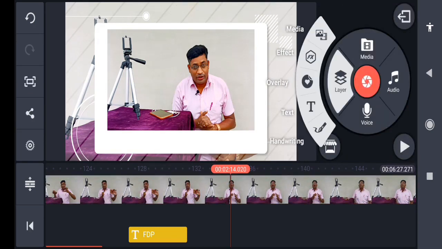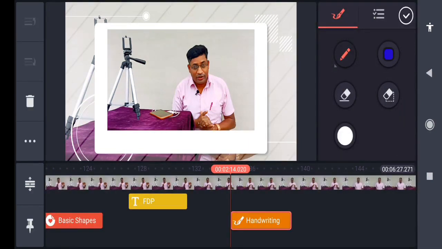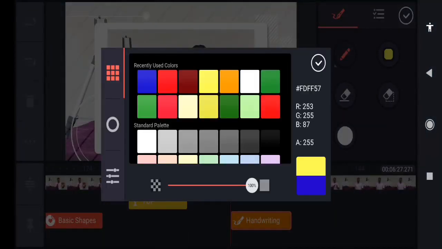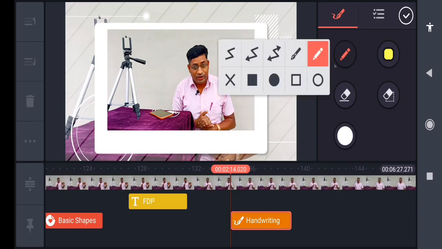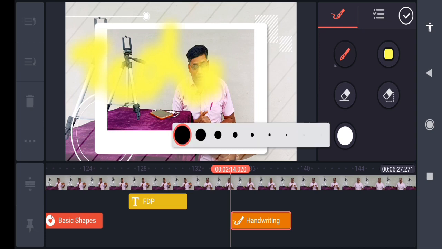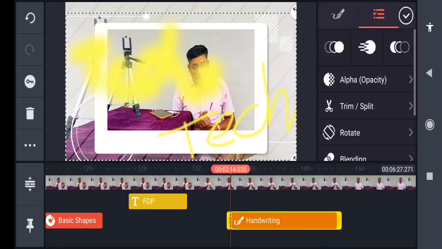The text we have already done. Now the handwriting, dear friends. This is a very simple tool. By choosing any color, the blue color is there, I will choose the yellow color. And then now the pencil, I will choose this pencil. Now you can write anything over here. You can reduce the size, no problem. You can write anything over here. You can extend this, not necessary.